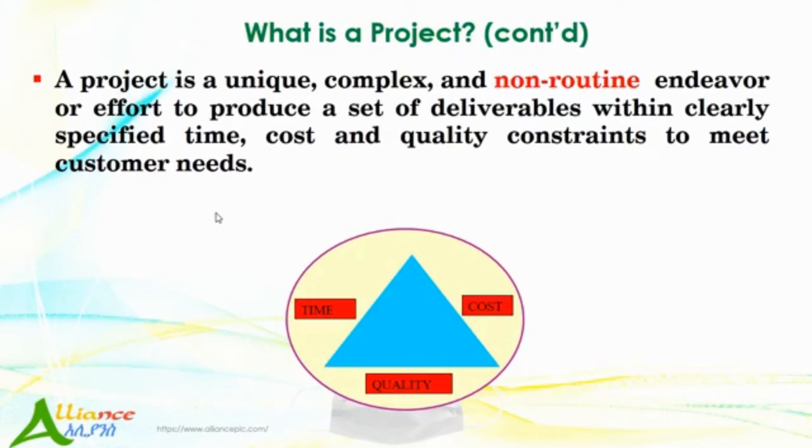You can come up with a quality output, but the cost that you are going to incur is high. If you use a very short time, you can reduce your cost, but the quality of the product or the output or the deliverables of the project may be compromised. This is actually what will happen. So we need to make a trade-off decision between these. We need to complete the project within a given time. We need to minimize cost and we need to maximize quality.